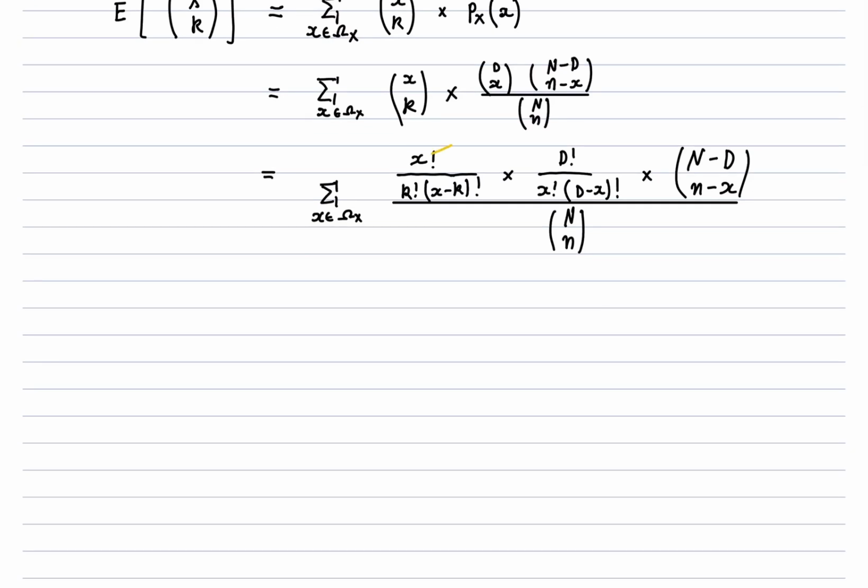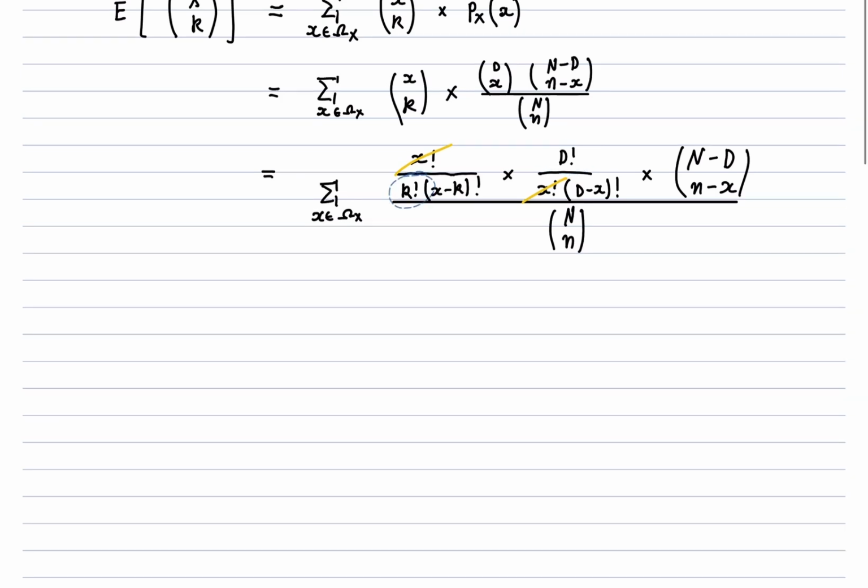And what do you know? Here you have it, that x factorial cancels with that x factorial here, and we're left with an interesting expression. Now, I'm going to pause here and notice that we've got a D factorial over a k factorial. Now, I'm going to artificially insert a D minus k factorial down the bottom. The reason I'm doing that is because when I combine those two expressions and the D minus k factorial, I'm going to get a